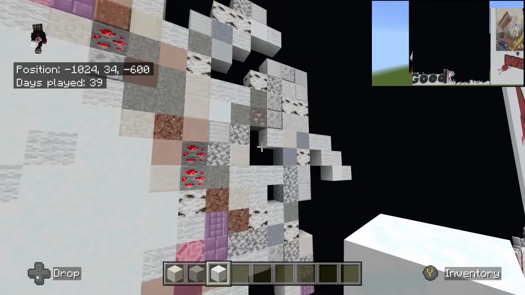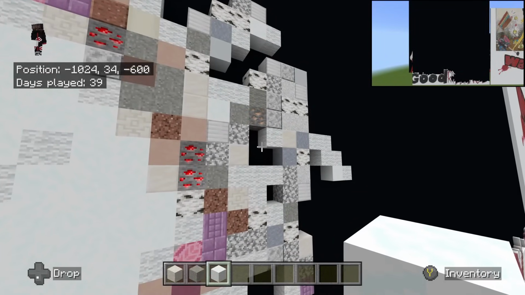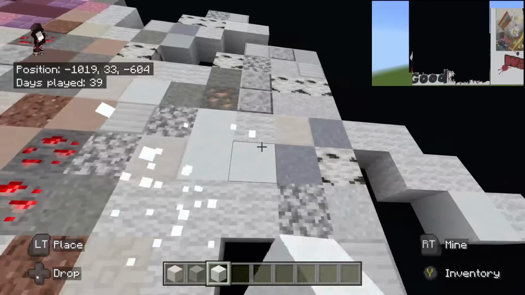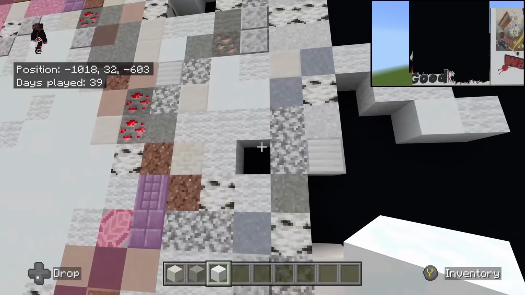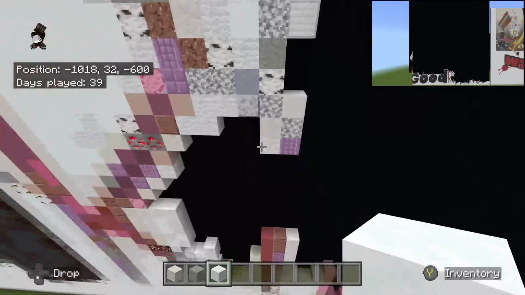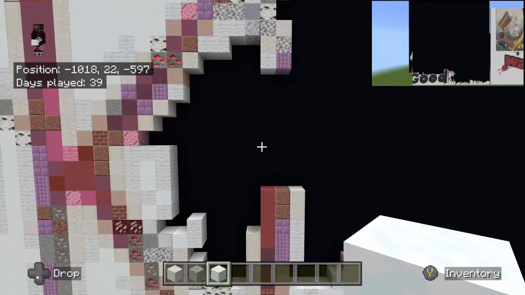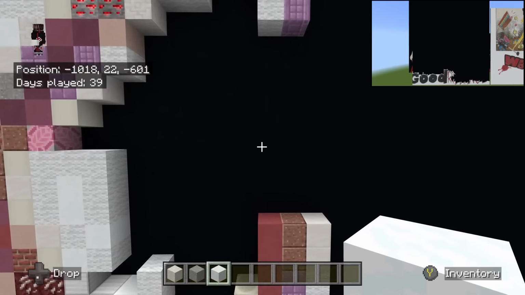Okay, so next thing we're going to do, over here to the right, underneath the iron ore, we're going to fill this in with snow. Down below right here, this one block gap, we'll fill this in with snow. And then we are going to place